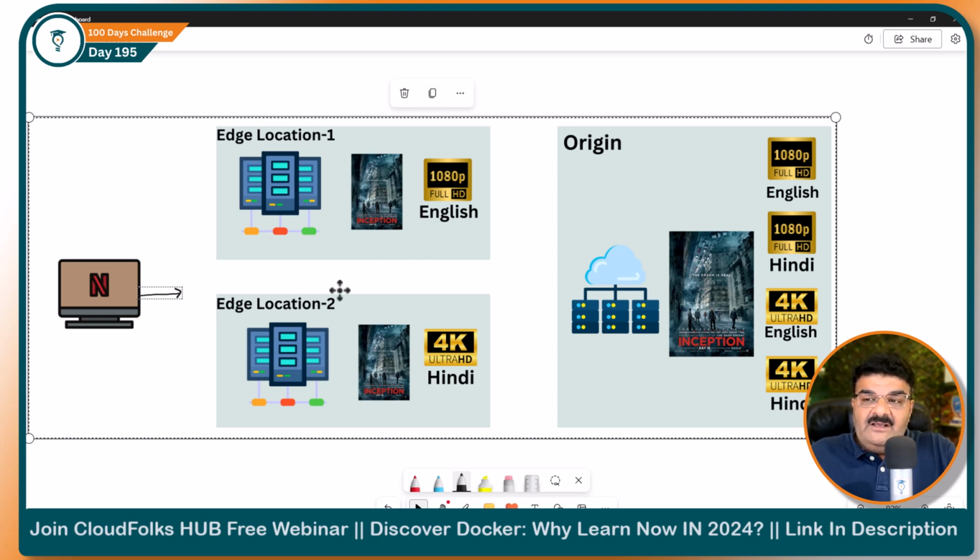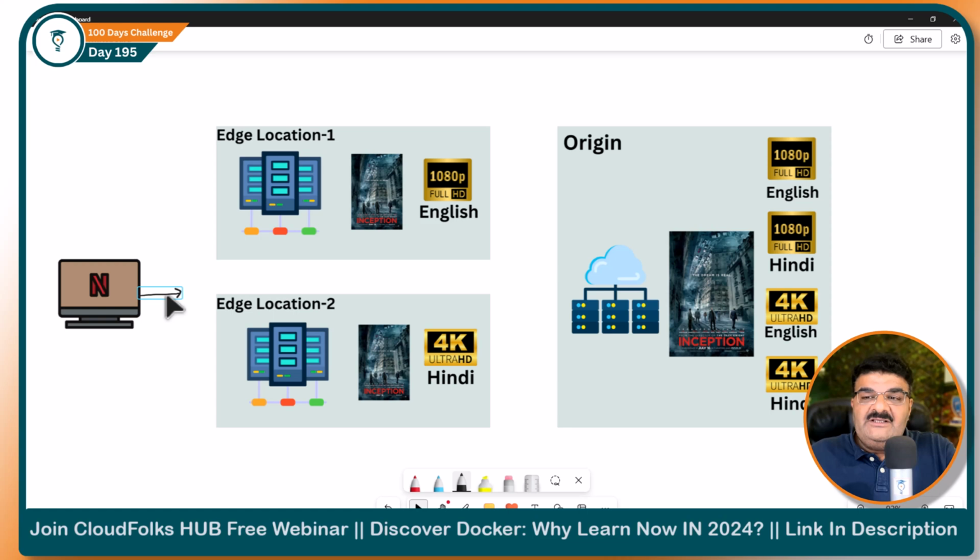Now here we have two edge locations. Here we can say two CloudFront edge locations. Here, Inception, the same movie, is cached in Full HD English. And in location 2, the Inception movie is cached in 4K HD Hindi. And here we have this user who is requesting the movie. Right. So, the first step is